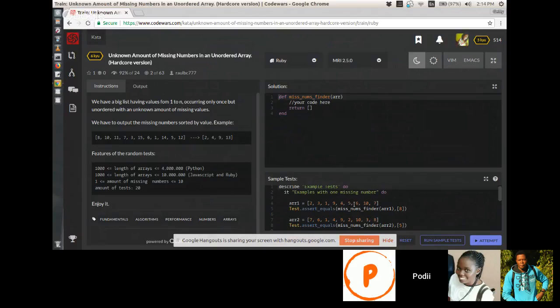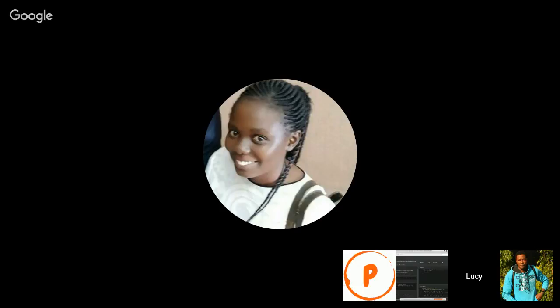We have up to 10. 8 is missing. It was like 1 to 10. So does it mean you have to find the maximum number, and then the range, not the length? In all the same cases, we're starting from 1 to 10. How many items are there? They're 10.